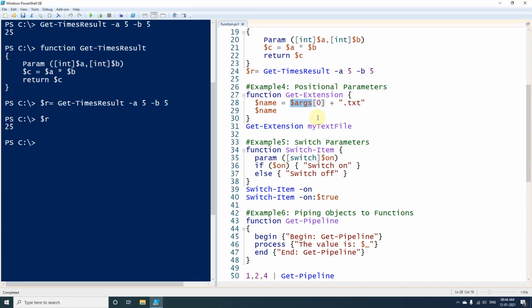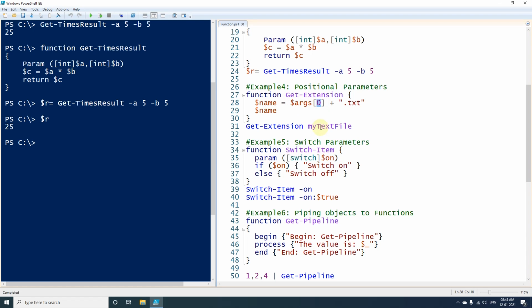When we want to fetch values under this array index by index, we need to pass the index number. So if I want to get the first value, I will pass 0 here.